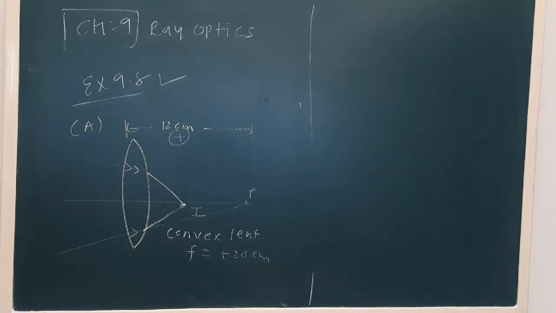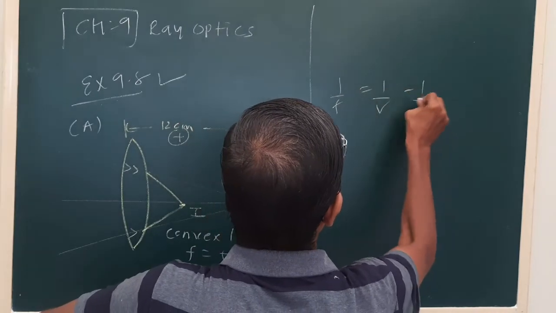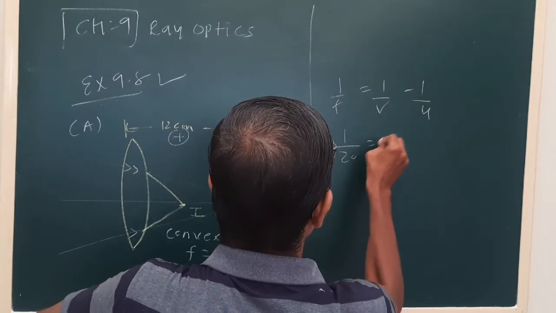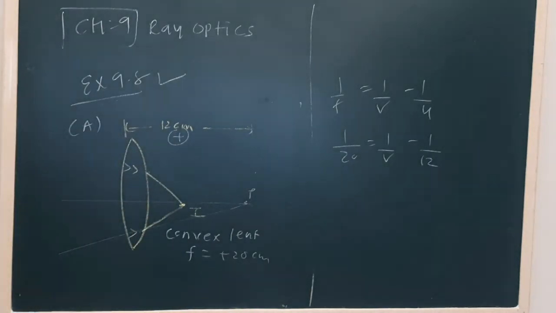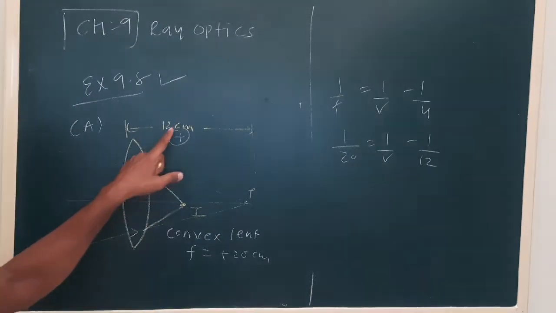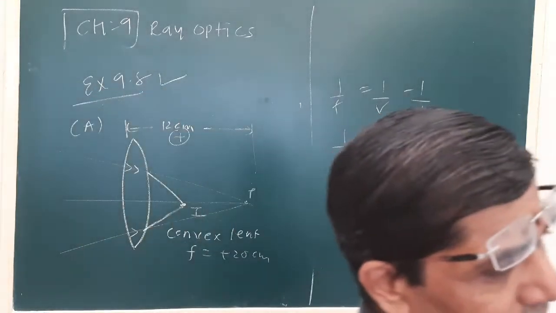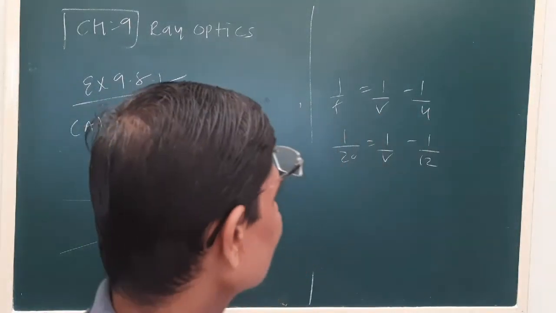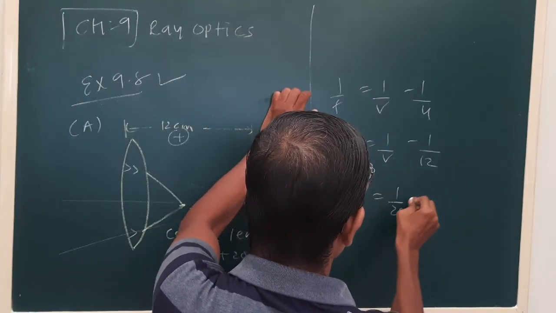What will be the image distance? Now see our formula. Remember here we have taken u as positive, contrary to our normal convention. That we have to keep in mind. Now if I solve for v, 1 upon v is 1 upon 20,